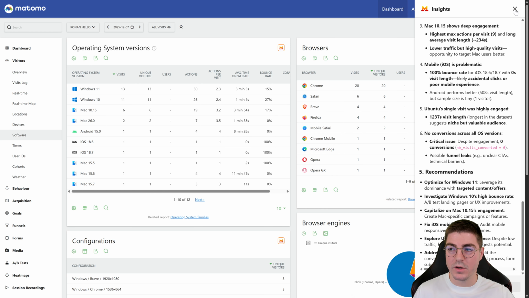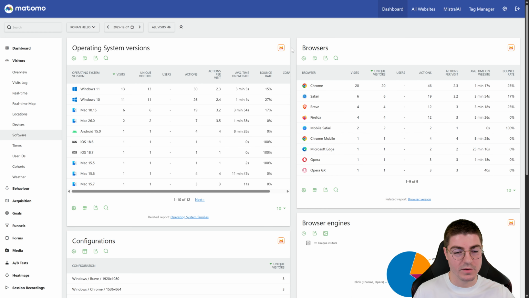The Mistral AI plugin is also compatible with all types of data from Matomo. It's adaptive to each premium plugin. It works with pie charts, bar charts, reports, and row evolution. Feel free to use this plugin and share if you